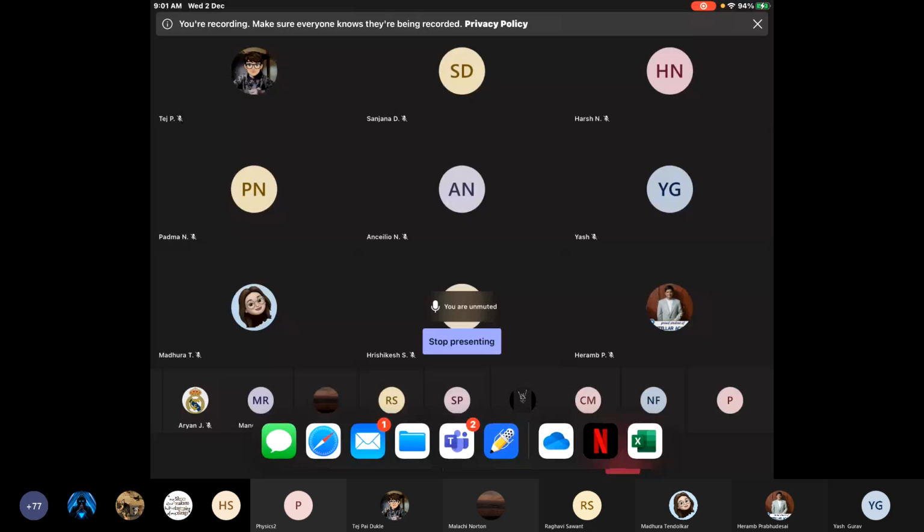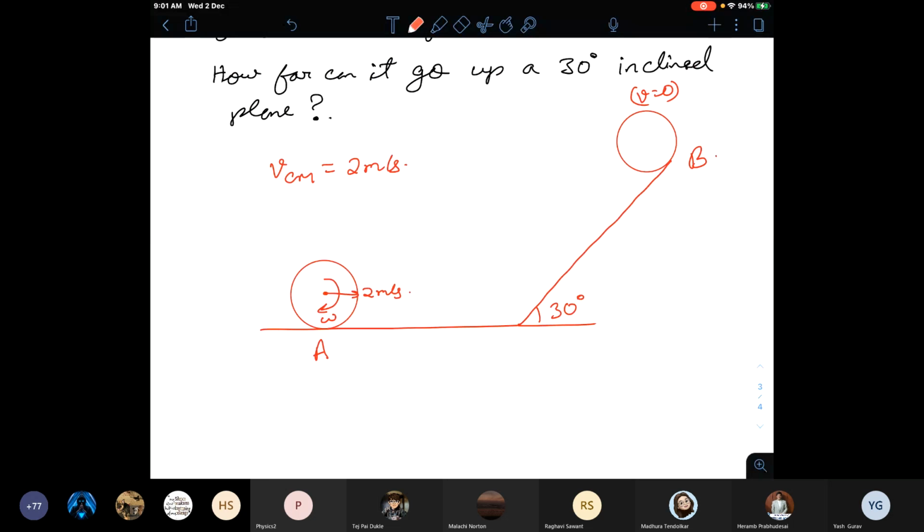ठीक है ना? So where were we? हाँ, that we had a solid sphere rolling up an inclined surface. So it is understandable that it will go up till some height. Now understand this, while it is going up the inclined surface, at that instant also, it is showing rolling motion. So if it is still doing rolling motion, what I can say is that by the time it reaches height h,